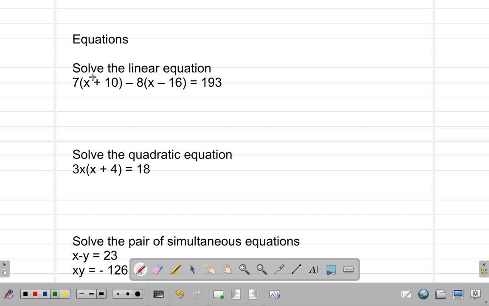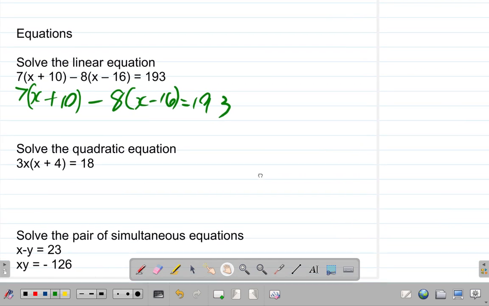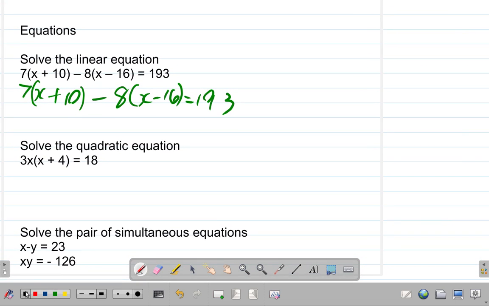we have this equation. It says solve the linear equation. All right, so we have 7 times x plus 10 in brackets, minus 8 times x minus 16, is equal to 193. See if we can solve it over here. So here now,